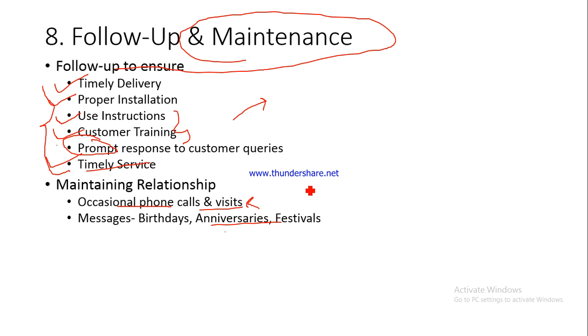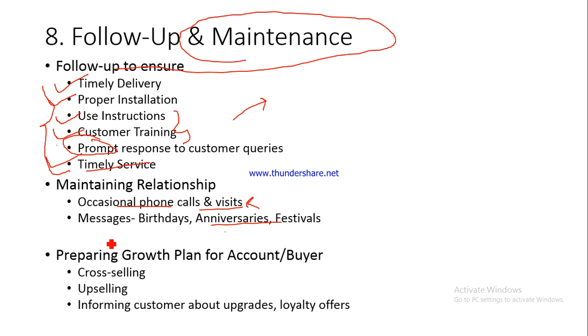Not only this, if he has some other people, his acquaintances, who are interested in buying the car that you are selling, then he would probably also connect you to those customers. So this is again going to help you in that sense. Also you will get some referrals from this particular buyer, right? And not only this, you prepare a growth plan for the buyer, or for the account, which is basically used in B2B. When you are selling to a particular firm, that firm would be known as an account. So buyer is basically retail buyers, so account is some business firm. For example, if you're selling to schools, then one school is one account, right?